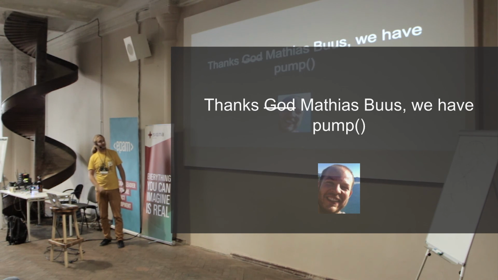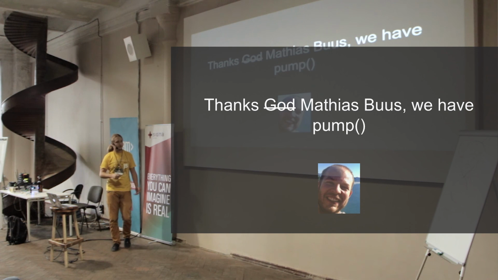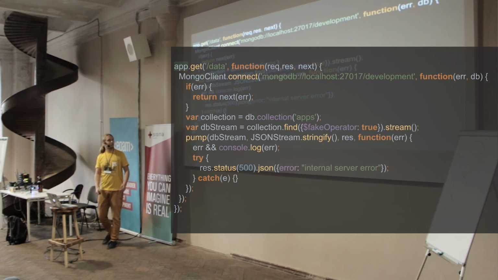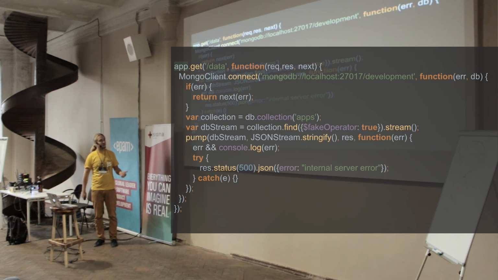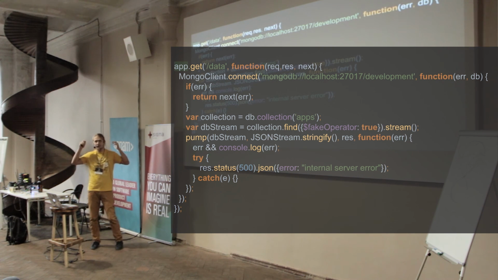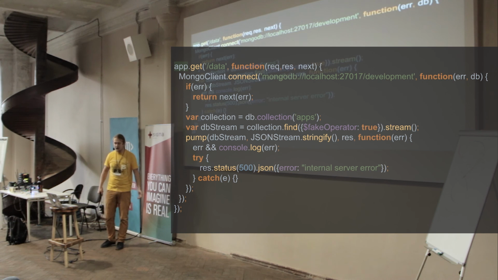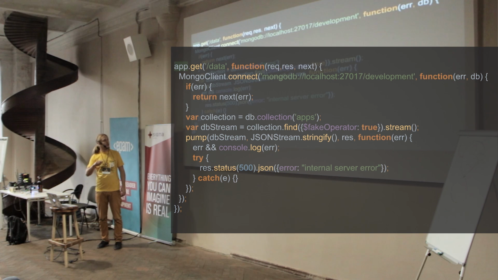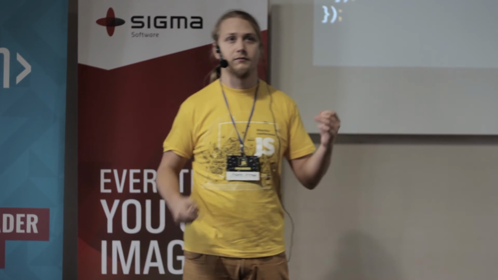Thanks, Matthias. We have yet another module, pump, that can do some of this for us. Pump is a module just to deal with all those streams. It's a replacement for pipe. With pipe, we need to get information about all these errors, completions, and so on. But with pump, we can just provide the whole chain of streams separated by commas, and internally it uses pipe, but it also uses the end-of-stream module to verify that all streams finished with error or with result.